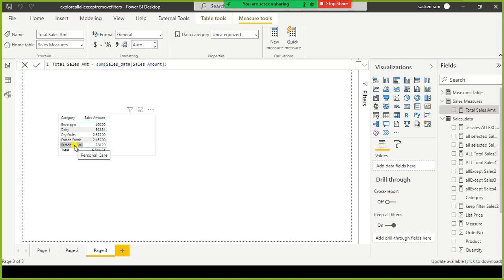If you wanted to understand that one, you need to divide each sales amount by the total sales amount, so that we can find out the percentage contribution by each category. In order to do that, we are going to create another measure in Excel to perform the calculation, especially the percentages. It is very simple.